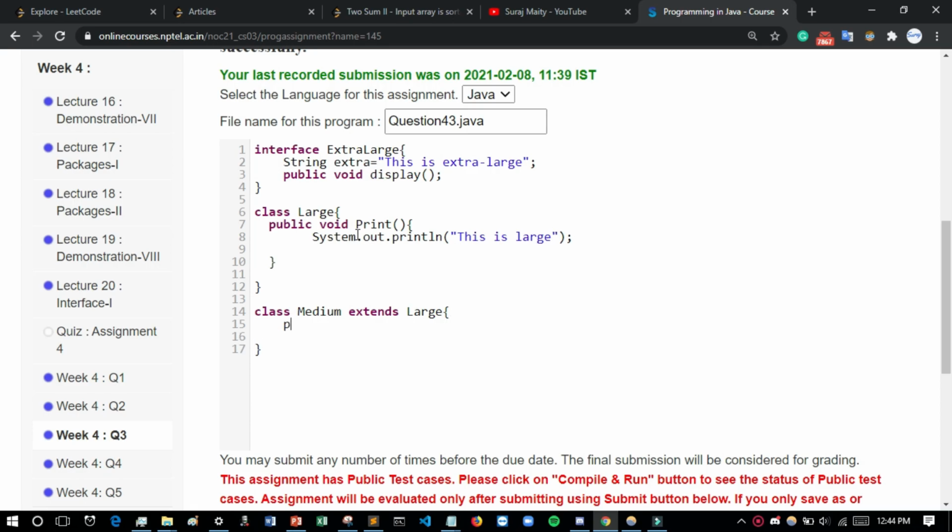Then what you have to do is public void print, super.print, and then System.out.println("this is medium").